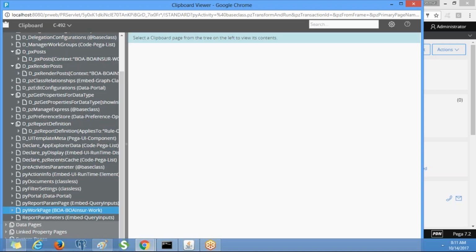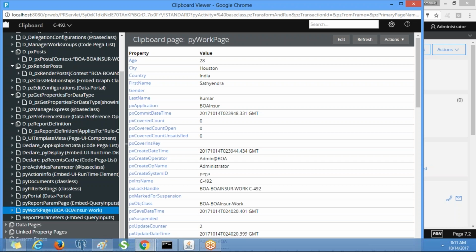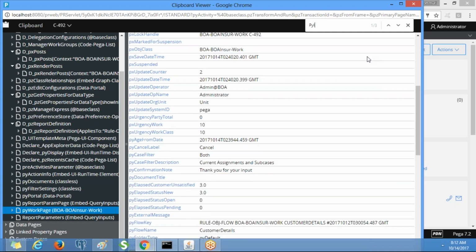So you will see the py work page. First name, last name, all the details which you entered on the user interface will be available here. So what is the property that holds the work object ID? You can search with pyID, which contains the work object ID.